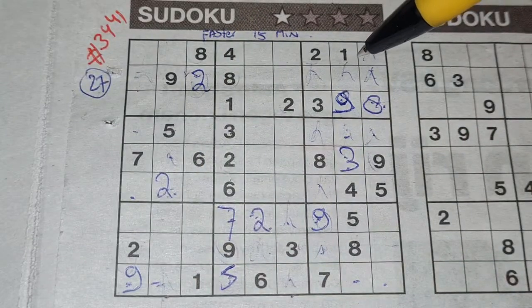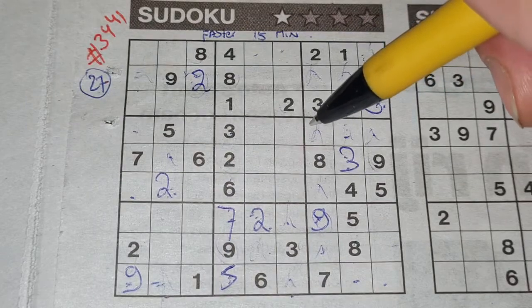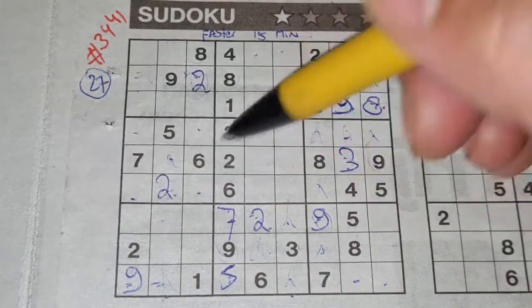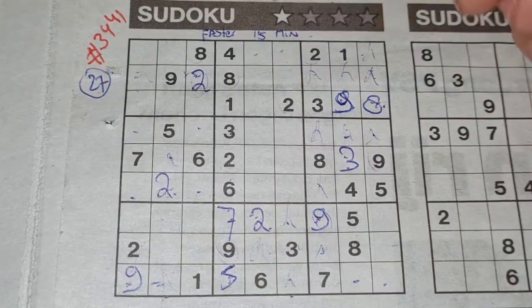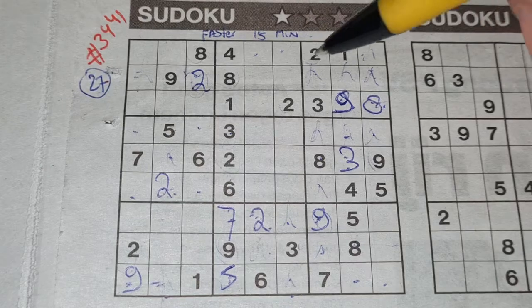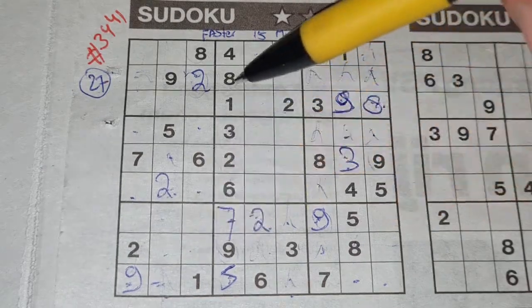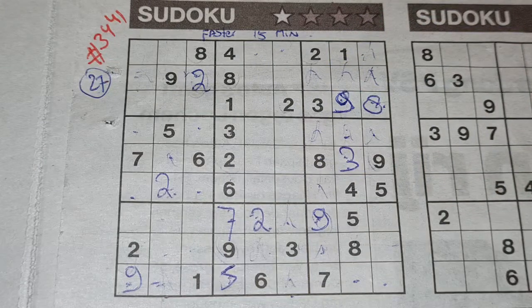Okay, and now I cannot continue with the 9. What a pity. How about the number